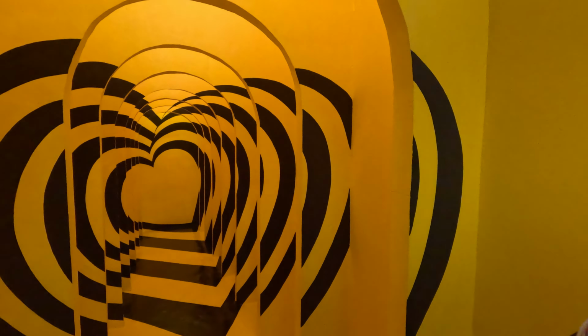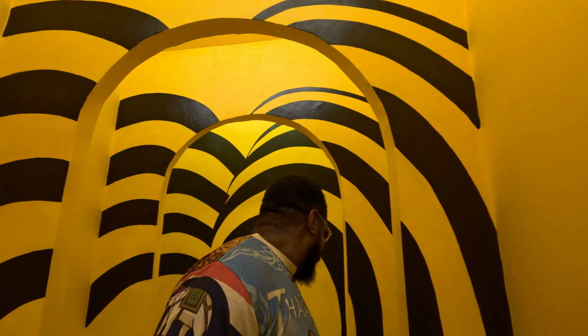Wow, this is the infinity room. I knew we had missed something. At first it appears to be mirrors, but you can actually walk through this space. So I'm gonna walk backwards so you can see what it's like on the camera. Wow, this is really cool. And in the end, it's the shape of a heart. Isn't that cool, guys? So yeah, you come to this museum here in Pattaya, Thailand, and walk through the exhibit